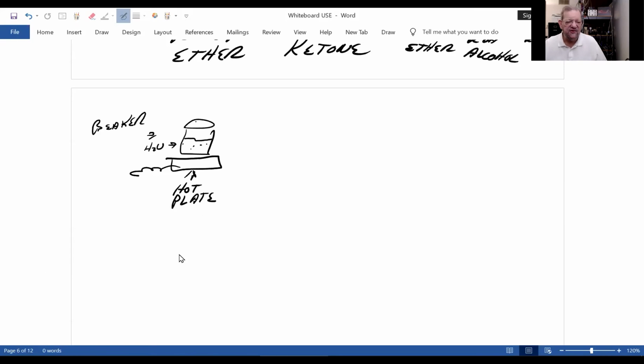Now, this is in a lab, we do things in glass. An important thing you should know about glass is it's very smooth, even with scratches. Now at home, you're used to using a metal pot or pan, and it feels smooth, but no, a metal pot or pan is rough like the Grand Canyon. It's really rough, even though it feels smooth. Well, why is that important? Because when you boil things and you form bubbles